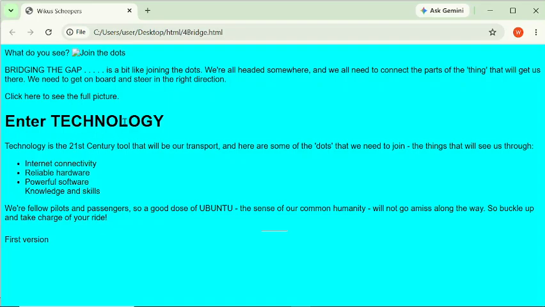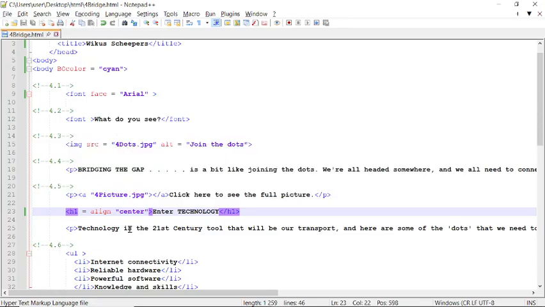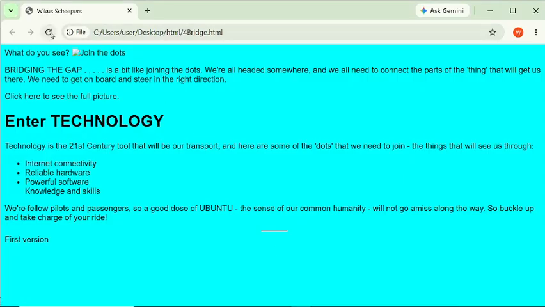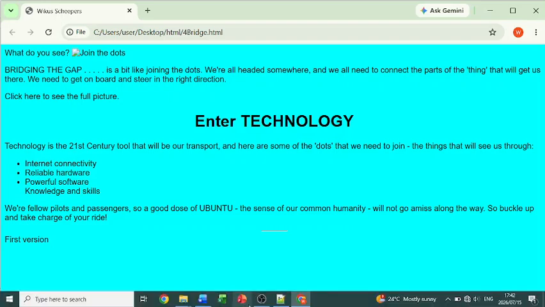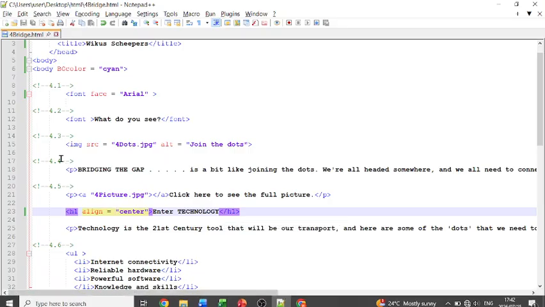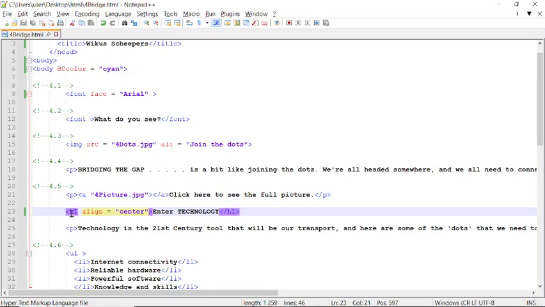Okay, we've done this. However, there might be a small part of our code where, instead of saying H1 align, I'm going to say H1 align and then put our center. Because what's going to happen is it's not that the heading itself is centering. We want to say, okay, H1 is going to align, but how is it going to align? By center. So just to show you, a key thing is that depending on where your equal sign is can play a role in whether your code is going to work or not.